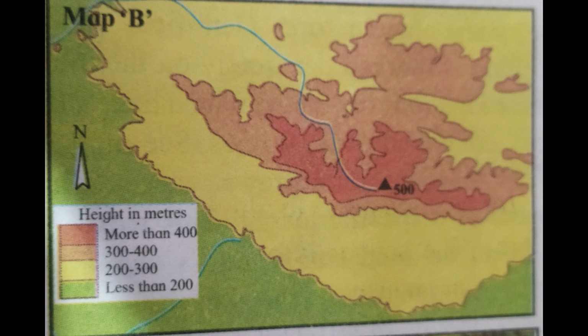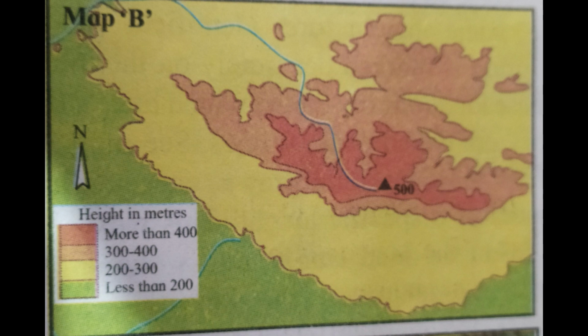The second method given here is the layer tinting method. Now you can see in that figure different colors are observed. They are kept in layers one above the other. First is white, then brown, then lighter brown, a muddish color you can say, then yellow, green, dark green, then sky blue. Various colors are given there in layer form, one below the other.